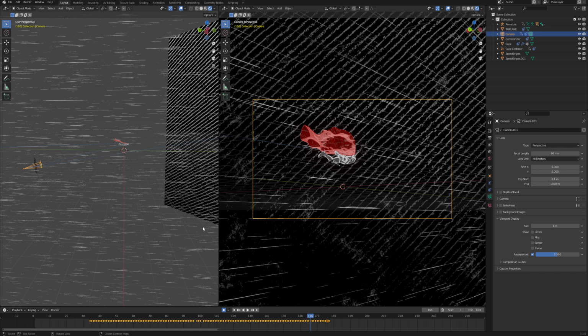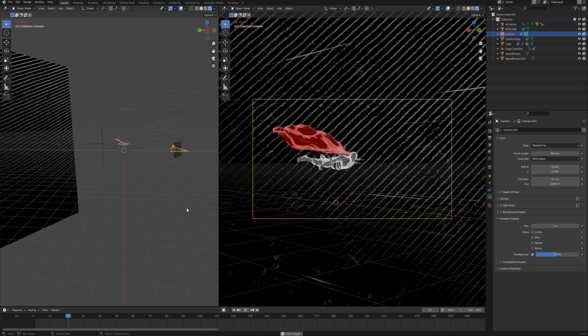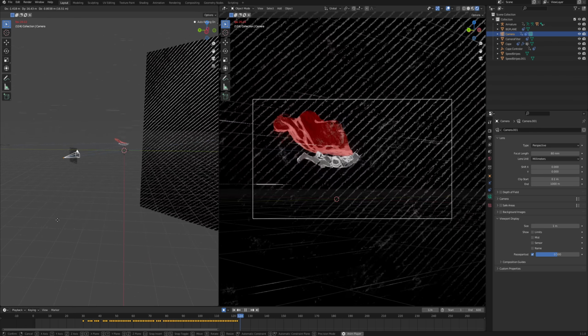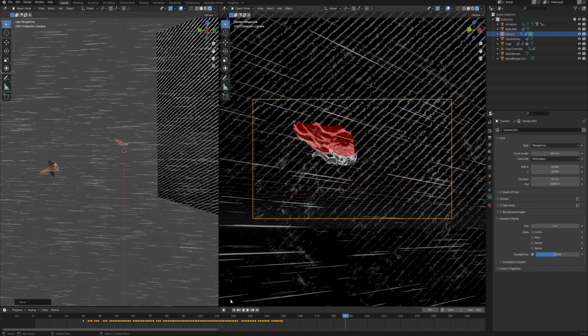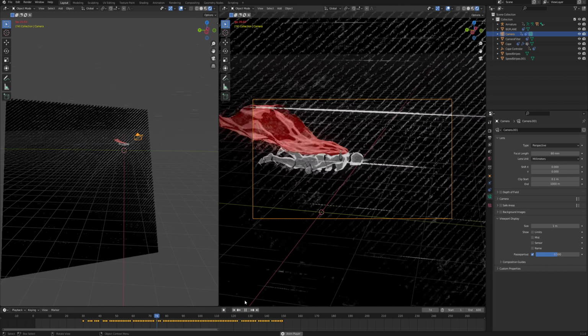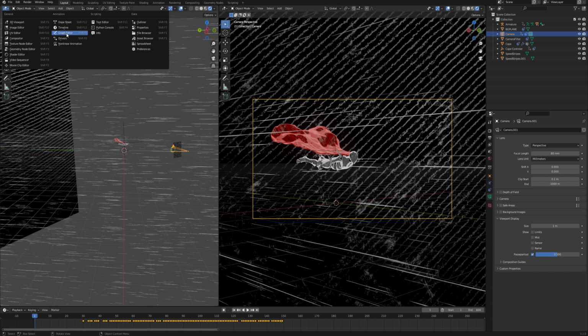So in order to make it smooth, let me make a better example out of it. So again, auto keying, play, and then I move the camera and let's say my hand is shaking like so. Then I pause it, turn off auto keying, and then you can see that the animation is not very nice. It's shaking, it's not very stable, but we can smooth it in the graph editor.